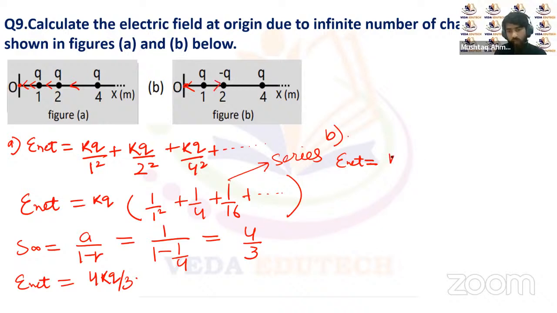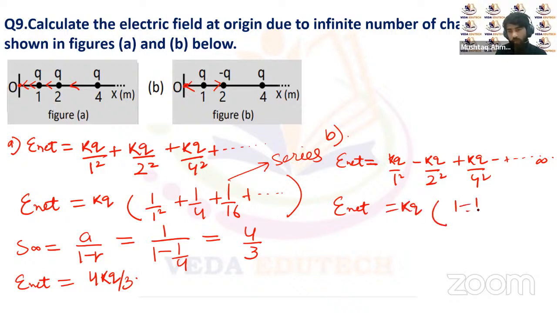So it will be kq upon 1 square, minus kq upon 2 square, plus kq upon 4 square, and so on. This will be the infinite sum of electric fields. Or we can say the net field will be kq into 1 minus 1 upon 4 plus 1 upon 16, and so on. So this will once again be an infinite sum of a series. You can see here, if we calculate the common ratio here,